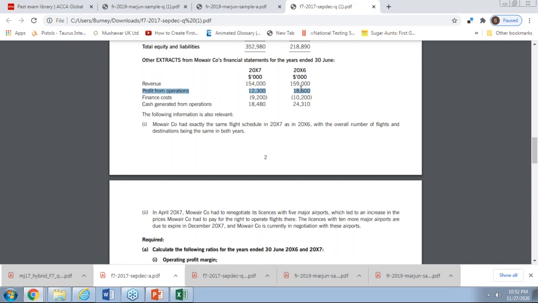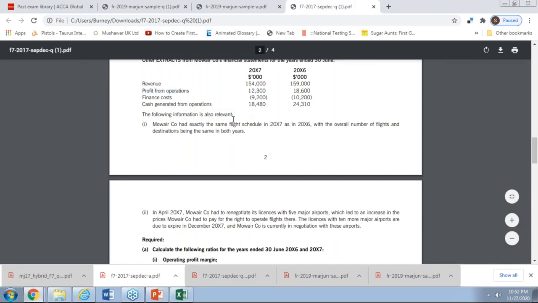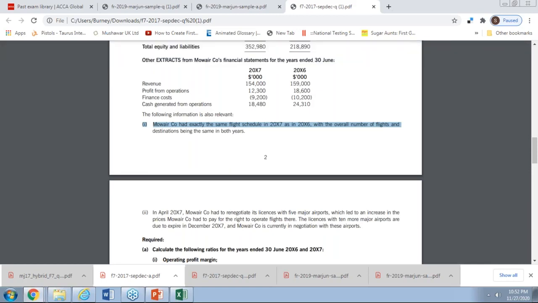Secondly, someone can say that the company has increased its operating expenses because of this particular issue. But as you have seen in the question, it's mentioned that we have the same flight schedule, which means the operating cost mostly remains the same. So what is actually impacting the profitability of the business might be the low airfares or the smaller number of passengers who are traveling. The second thing is